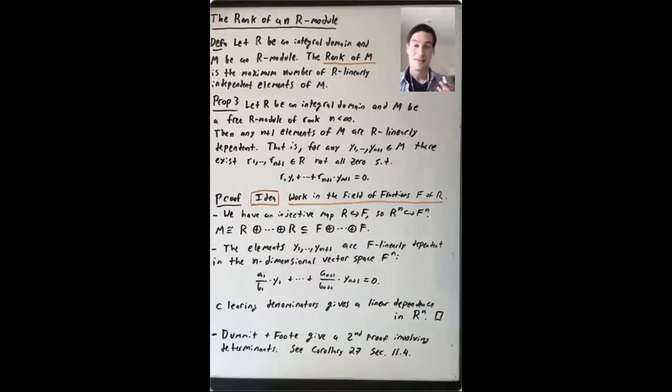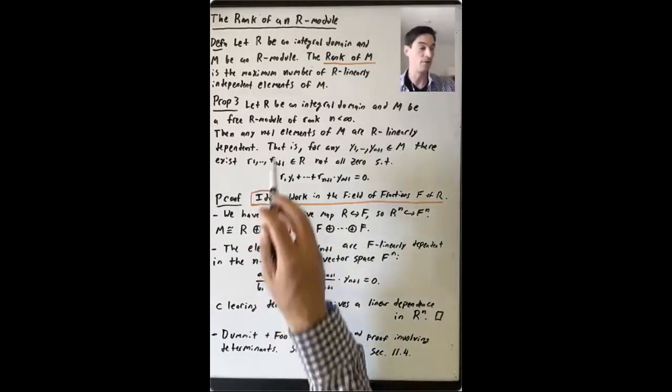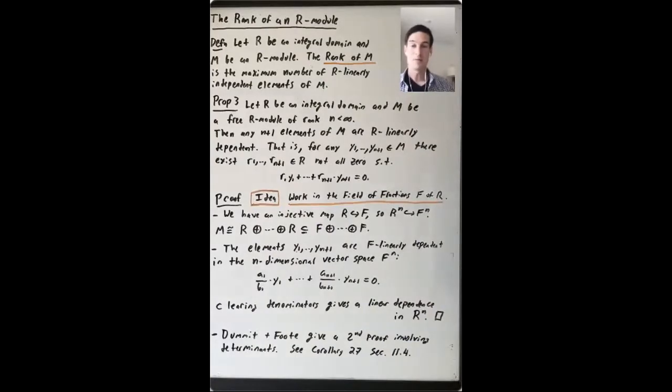Okay, so this argument uses what we know about vector spaces. Dummit and Foote give a second proof of this fact that involves determinants. So you don't need to know that for this course, but you may want to look it up. I encourage you to look at Corollary 27 in section 11.4 and see how this gives a second proof of this result. So I'm going to pause and erase, and I'll say just a little bit about what this tells you,